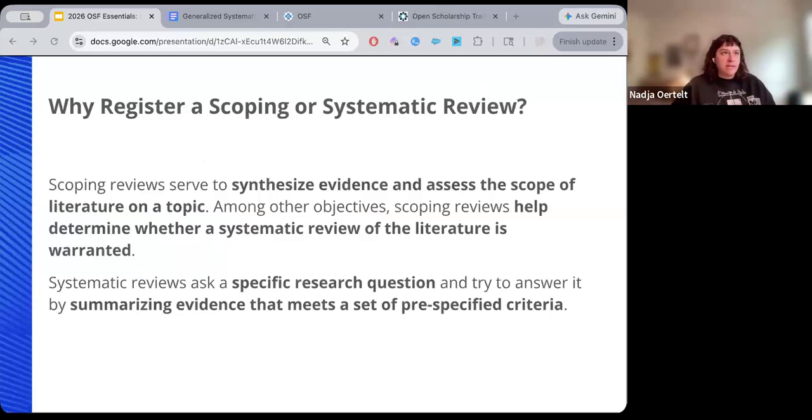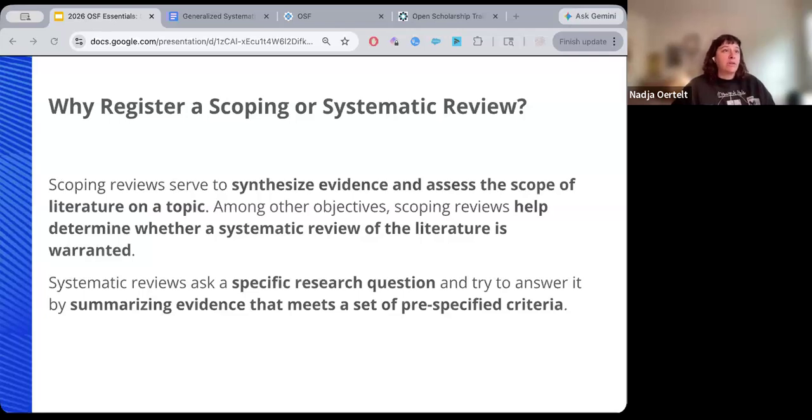So evidence synthesis, like systematic reviews, scoping reviews, and meta-analyses, is supposed to give us an accurate picture of what the research literature says on a given topic. But that picture can be distorted in ways that don't have anything to do with the quality of individual studies. Post hoc changes to search strategies or inclusion criteria, selective outcome reporting, and scope creep are all rigor problems in the review literature.